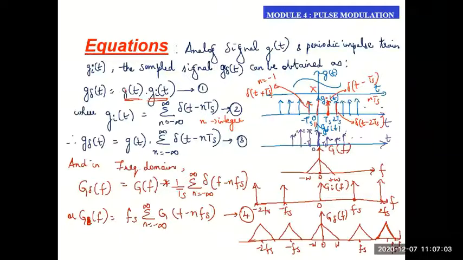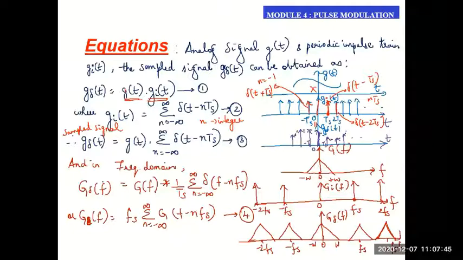Okay. Now I have represented g_i. I know I have a signal g of t. I should get g delta of t, the sampled signal, by multiplying g of t with g_i of t. The sampled signal is obtained as g of t into g_i of t, where g_i of t is the summation of delta of t minus nTs. And all these are represented in the first three time domain waveforms. I hope you can see these waveforms clearly. If you have any doubts, please ask. So these are the time domain waveforms for the given signal.